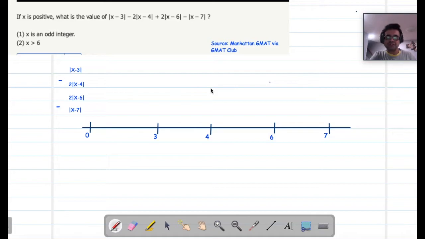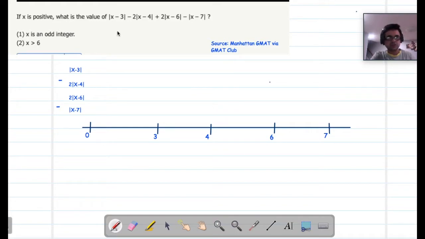We're going to use a technique that I demonstrated in one of my previous absolute value theory videos of breaking down the ranges. Before we go there, there is a simple way to solve this question, and that is just through putting values. However, putting values is never a sure shot method. So if you are strapped for time and cannot spend 2.5 minutes on this question, then absolutely you can use the picking values method, and we will demonstrate that quickly before we jump into the main method of solving questions